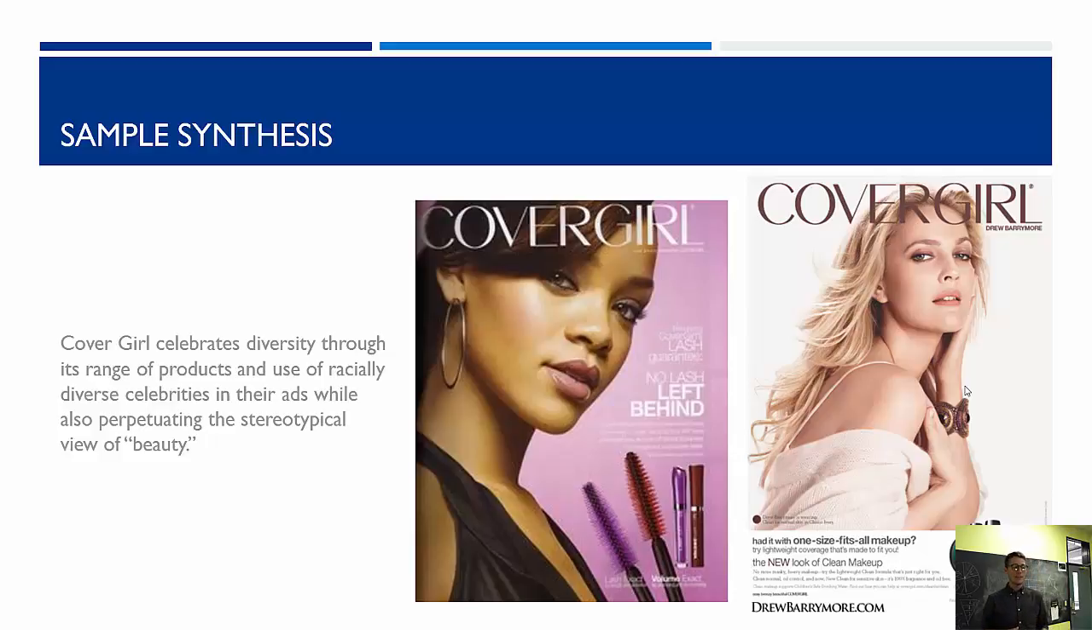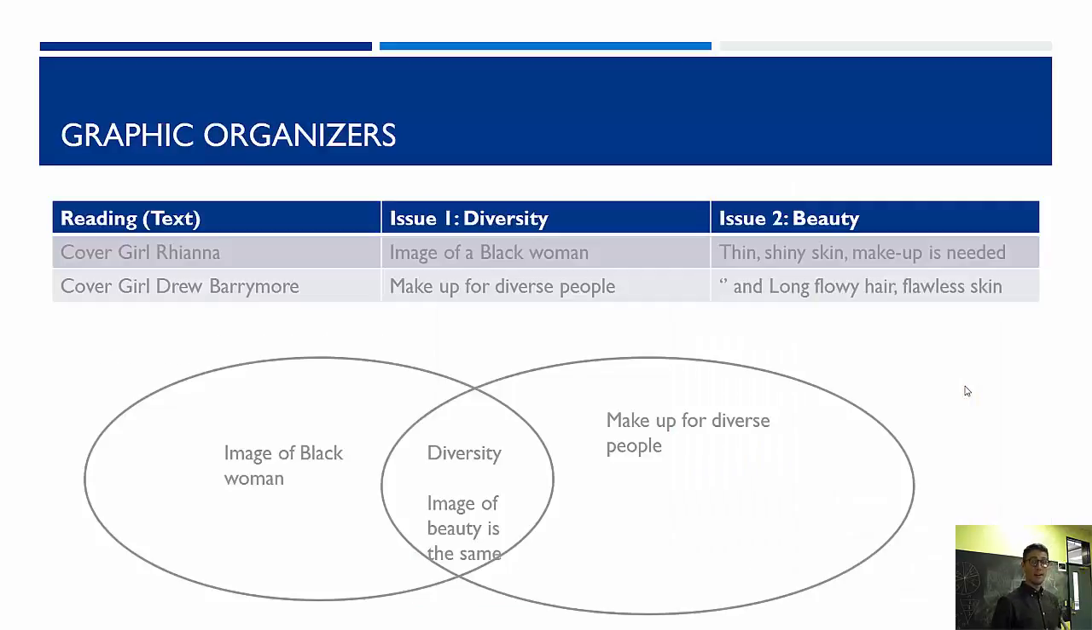Now, scrolling back to these two images, you can see there's a lot going on here that is similar. So how can we make a synthetic idea here? Well, we table it, right? We put in this little Venn diagram, two circles. Image of a black woman, image of makeup for diverse people, diversity, image of beauty is the same. So how did we get there? Well, we took two